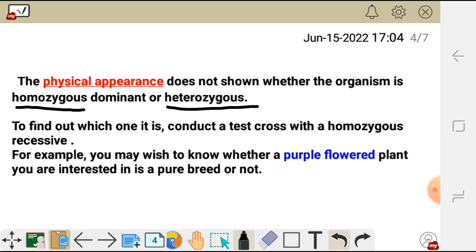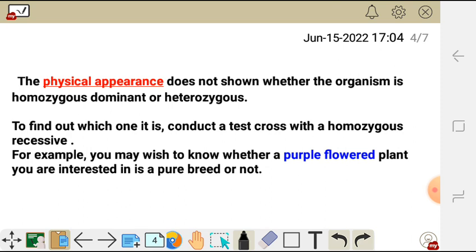To find out which one it is, we need to conduct a test cross with a homozygous recessive. So we need to cross the offspring whose genotype we want to know with a homozygous recessive, the one whose genotype we know. By conducting a test cross with a homozygous recessive, we'll be able to tell whether the unknown offspring is